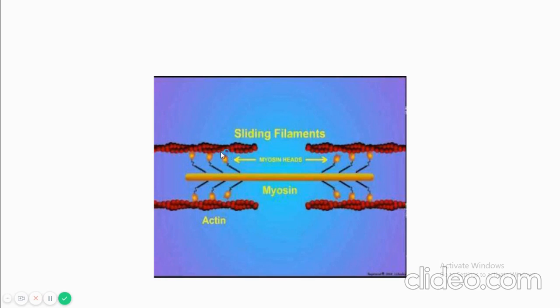And they pull the thin filaments towards the center. I'm repeating it. Whenever a nerve impulse reaches the sarcomere, the bulbous heads projecting from the thick filament go and hook to special sites on the actin filament, and they pull the actin filaments towards the center. Due to this reason, the muscle fiber gets shorter and thicker. When they become closer, they become shorter and thicker, which results in muscle contraction.